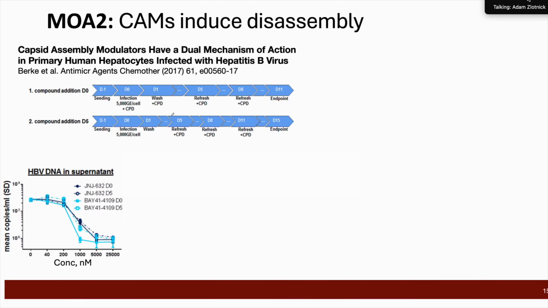The second mechanism of CAM activity really was developed in this paper by Jan Martin Berke and has since been advanced quite nicely. What was shown was that there's a real difference between the behavior when CAMs are added immediately after infection versus after a few days when the infection has had time to establish itself. Under both regimens, the two CAMs investigated were effective at suppressing production of new virus,